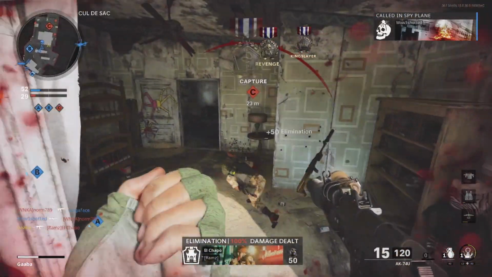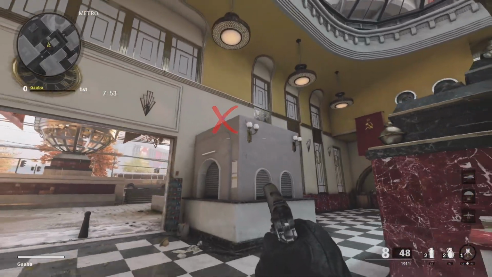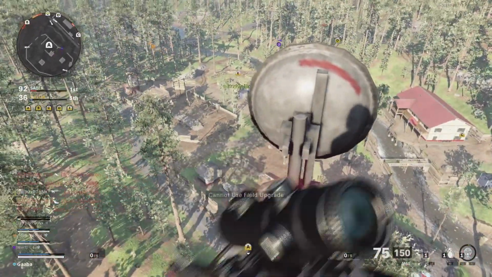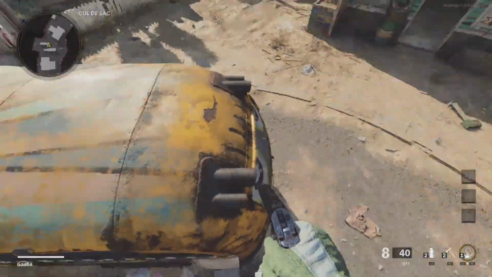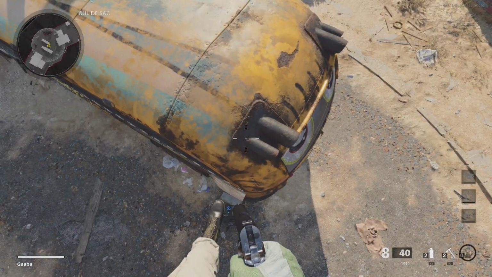Both these field upgrades do require placing at your feet. Sadly, they cannot be thrown, so the location has to be literally where you stand. In this video, I do discover a few areas you're not supposed to go, but you can still place it. But unlike the trophy system, you're not able to throw it round corners or over the top of a building